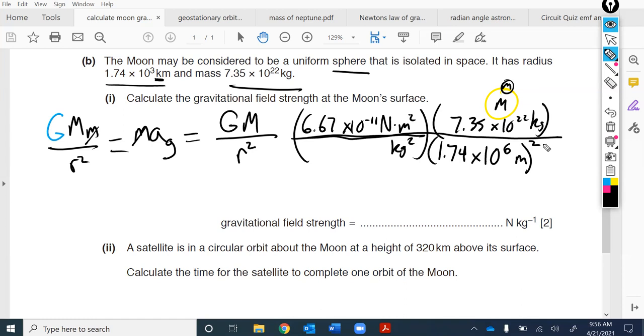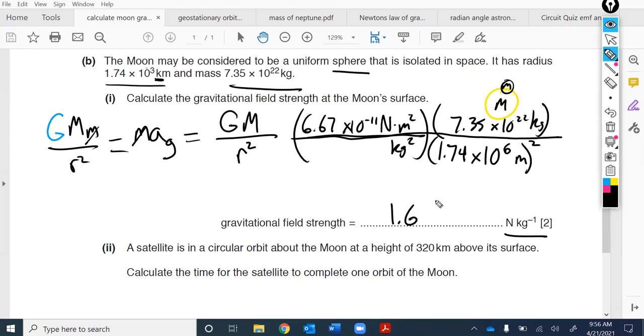Don't forget the square on r. It's an inverse square law. So the meters squared will cancel here. This kilogram will cancel one of these. Newtons per kilogram. Bingo. Got the units I want. That's a check on my calculation, that I didn't make any mistake with my working. And now we're about to know how strong gravity is on the moon. 6.67 times 10 to the negative 11 times 7.35 by 10 to the 22 divided by open parentheses 1.74 times 10 to the 6 squared equals